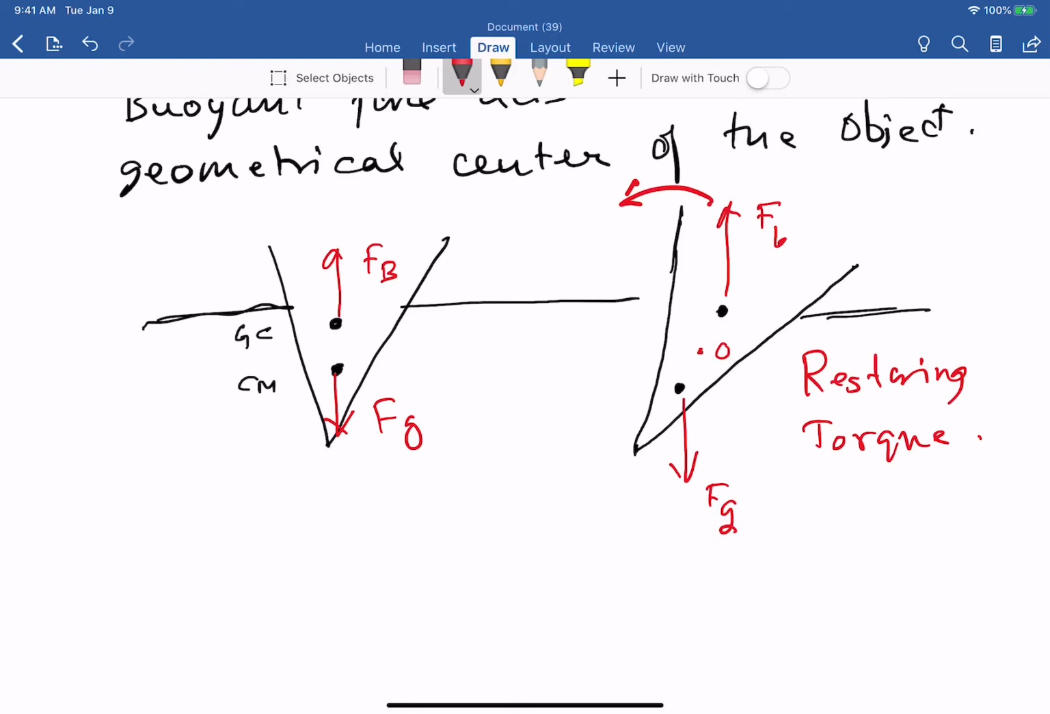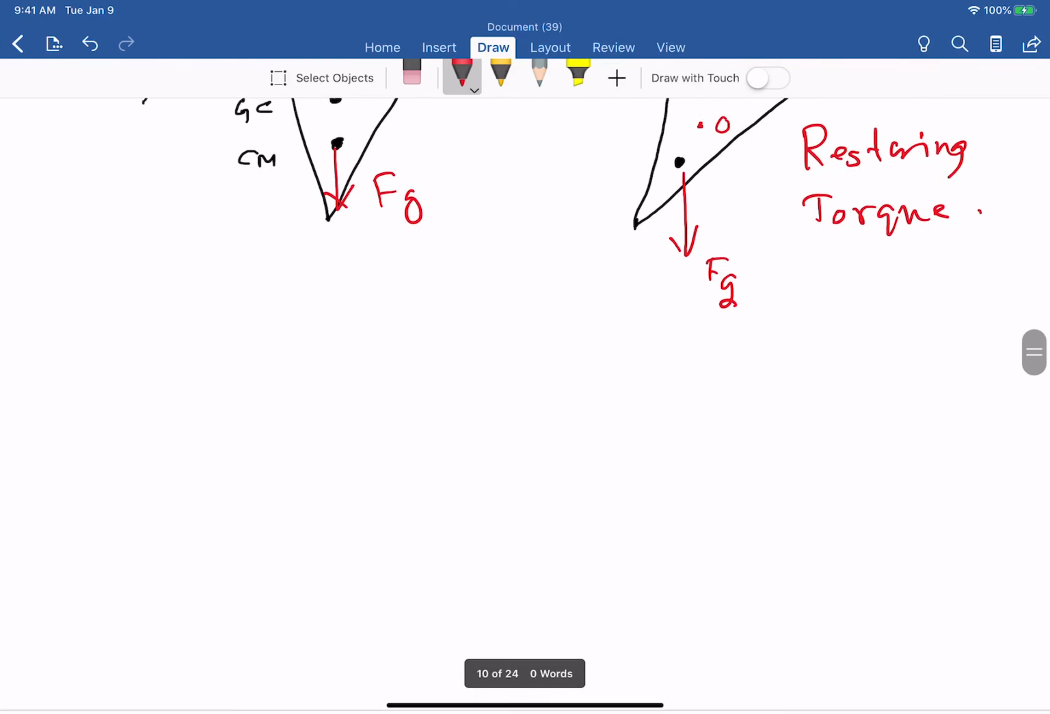So if a large wave tilts the ship a little bit, there will be a restoring torque which brings the ship back. So this is good. However, suppose you have a ship